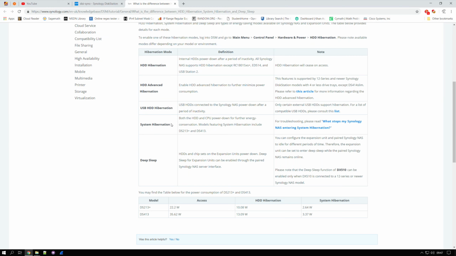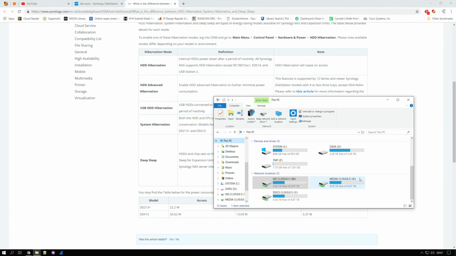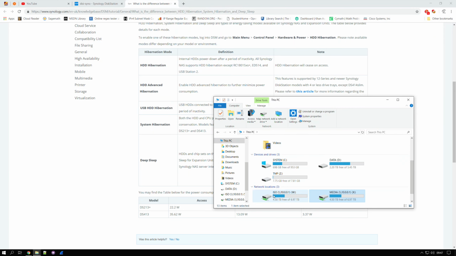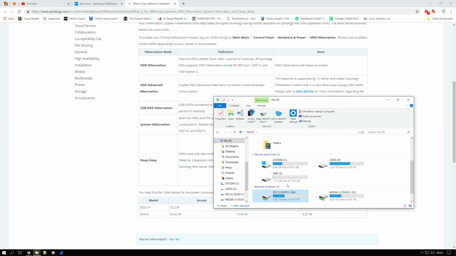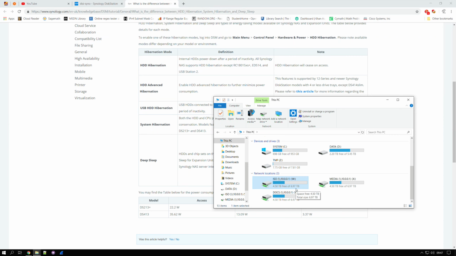The only problem is when it reaches this sleep state, because no hard drives are accessed for quite some time, I lose internet connection. So this is some sort of disadvantage. But again, it's easily worked around by just accessing these network drives at least once, and you should be fine. And then they stay connected, and I haven't had it go to sleep after that. It's really just when you turn on the PC first and you don't access these drives that it goes back into hibernation while the computer is actually running and it should be routing to the